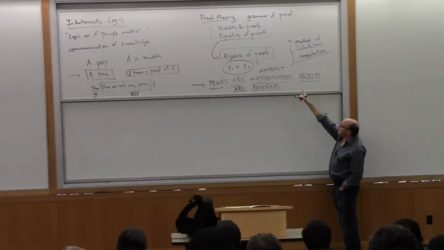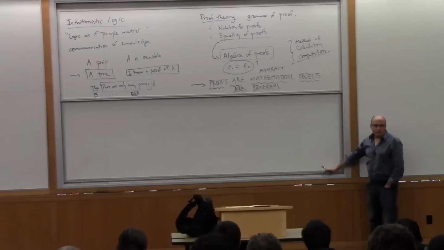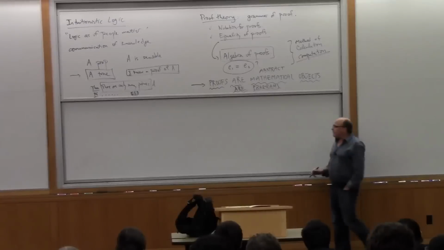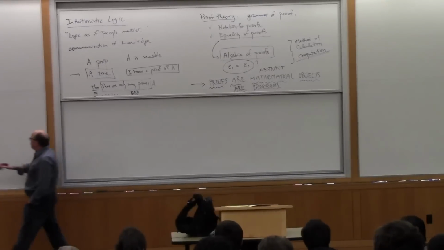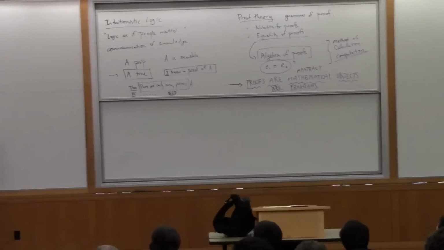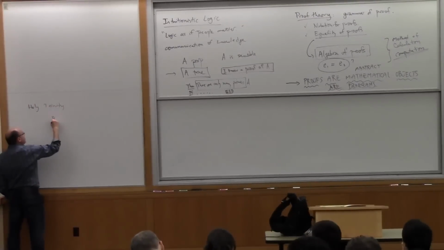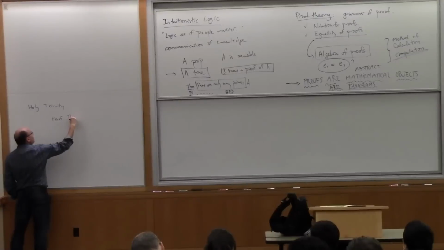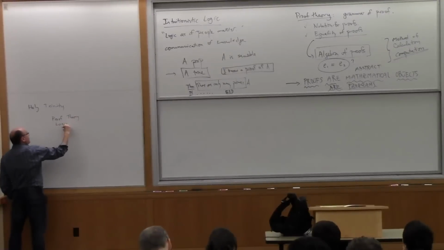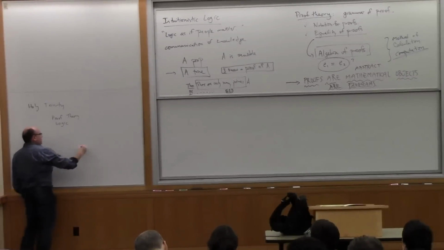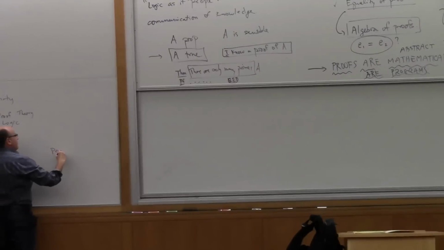And what Steve Awodey is going to be talking about is the algebra of proofs, or category theory. And what everybody is talking about is really just computer programming. Okay? So there's this thing which I like to call the Holy Trinity of computer science, the correspondences between proof theory, which is the theory of logic and proofs, algebra and category theory. And then the subject on the computer science side is programs, or type theory.